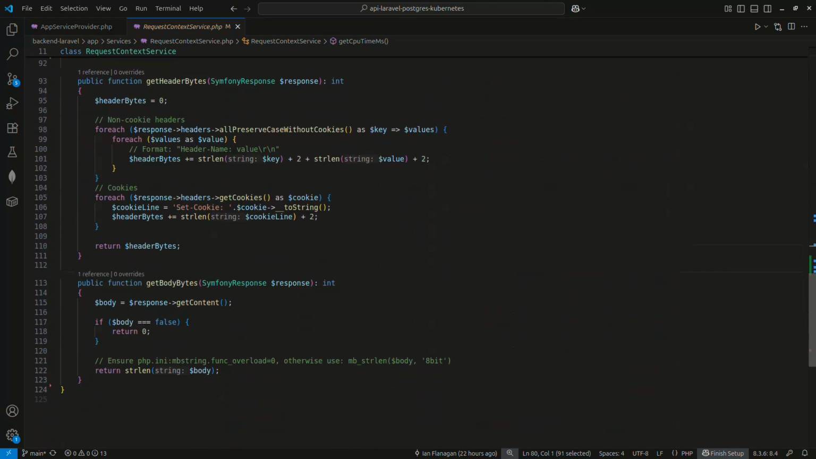The CPU time duration will inform our decision on setting the PHP directive max execution, and the wall clock duration helps with the PHP-FPM directive request terminate timeout. The last two methods are to log the size of the response headers and the body. The only thing to note here is that the headers are ASCII only, so we can always safely use strlen, which is faster than the multibyte equivalent